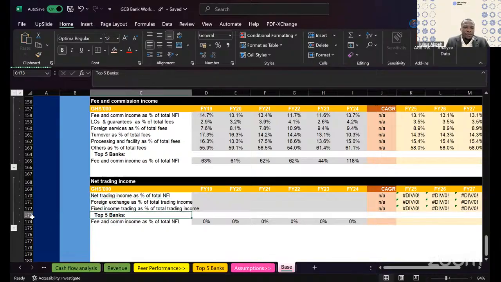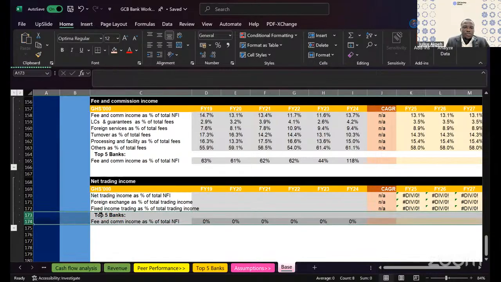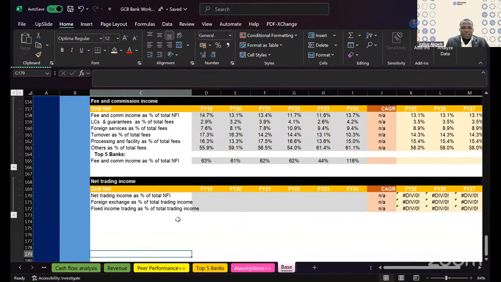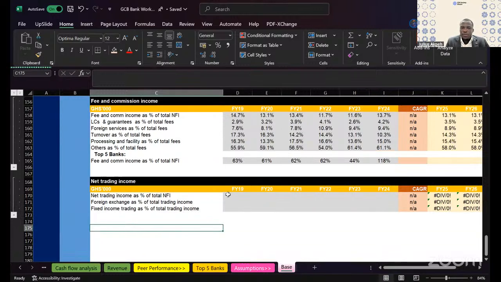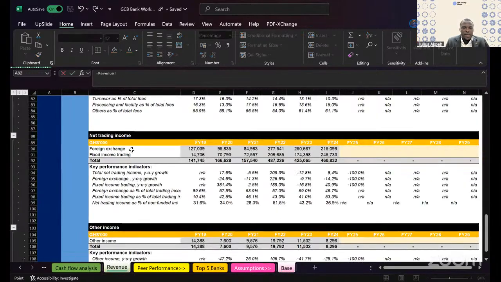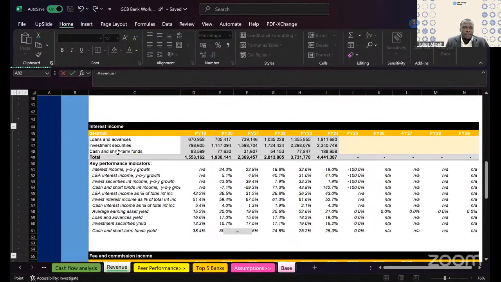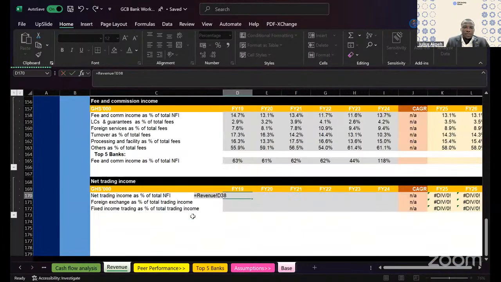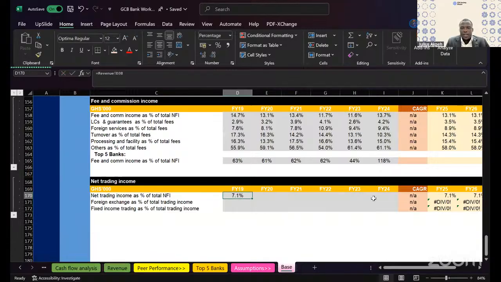But you see, the whole idea is that because of how volatile these revenue sources are, which is net trading income, I don't care about what is happening in the industry. So I don't even care about industry matters right here. So here we go, link, we pick the net trading income as percentage of net non-funded income. I pick that, and then we drag it to the right, not applicable for KIGA, and then